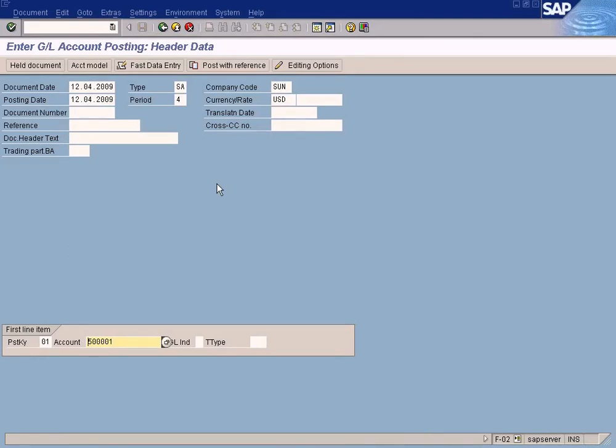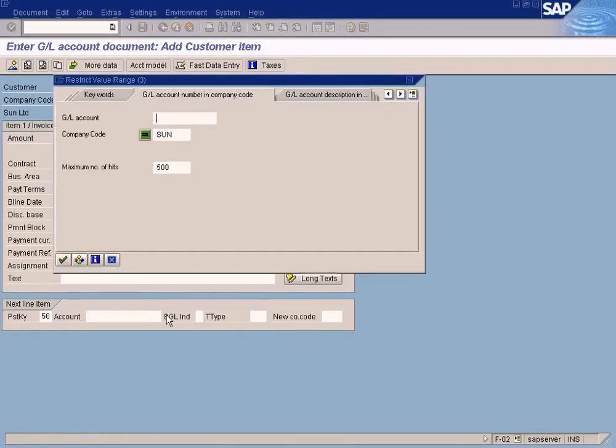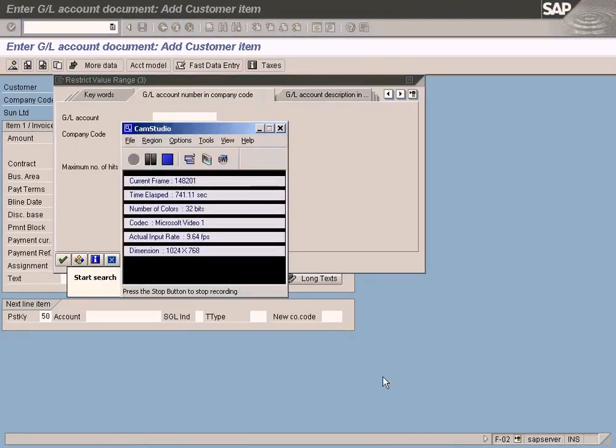So using this posting key here, I can choose a customer account like this, customer B. Let's say I'm going to post a sales invoice of $100 to customer B. Now I've chosen this. When I press enter, I'll put 100 for the invoice amount, right? And then I choose the credit side. This is the debit side. Credit side will be the revenue account. So for credit, I have to choose 50, so that the system will display